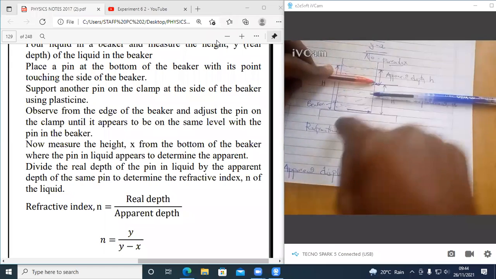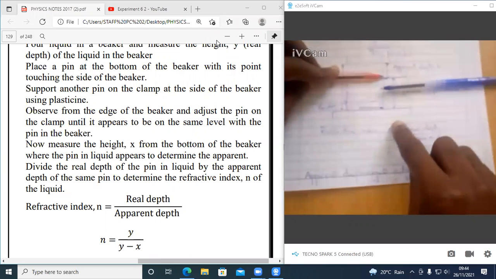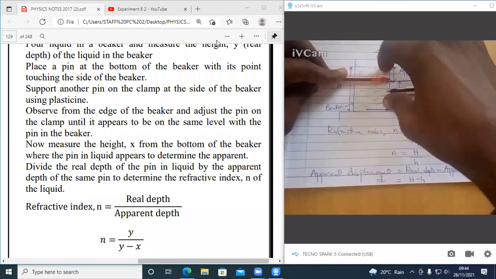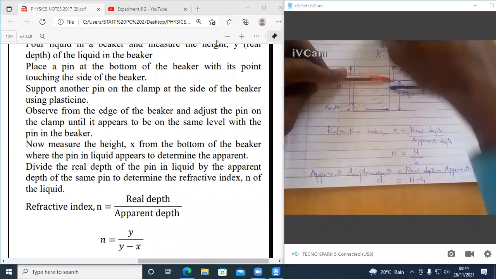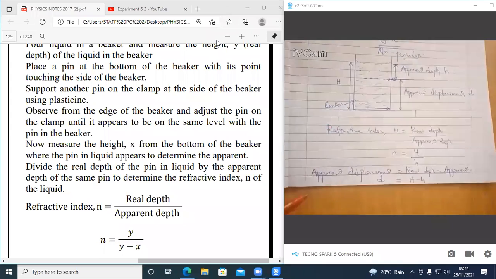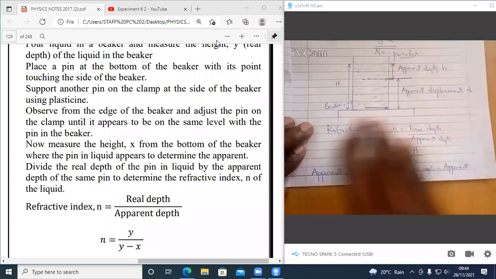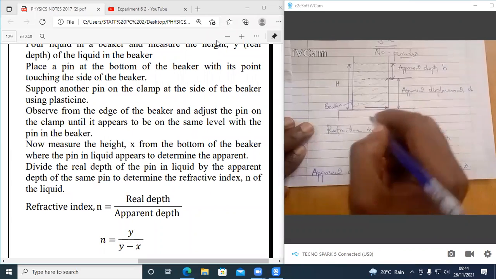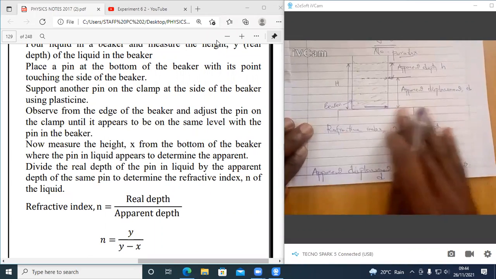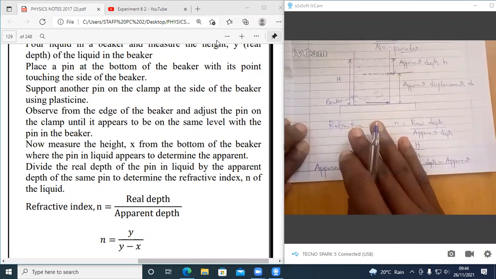Then after that, we take the measurement. When we are taking the measurement, we don't measure the height of the beaker. We measure the height of the liquid column in the beaker. So remember, the more you keep on adding the water, the more it will be displaced. Okay? So we measure the height of the water in the beaker. Also down here, we need a transparent or a white sheet of paper. We place a white sheet of paper down. Why do we put a white sheet of paper down, members? Why, members, why do